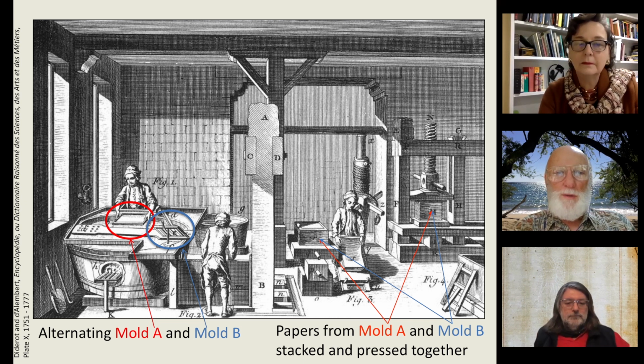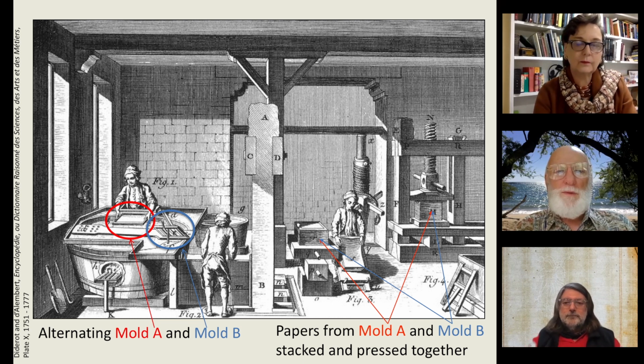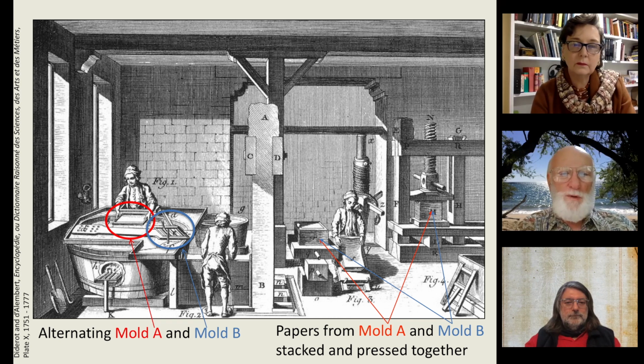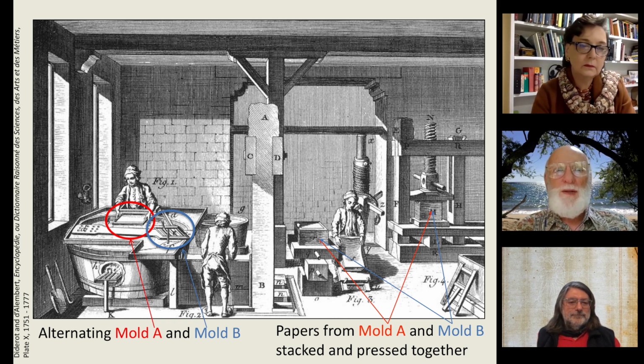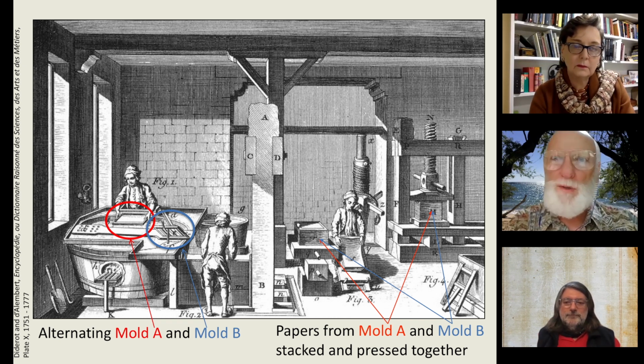The water drains, and as a certain amount of it is drained properly, he hands the mold over to the person who has figure 2 next to his left foot, and then takes the second mold that has been emptied previously, and this twin pair is used in rotation to make several hundred sheets of paper a